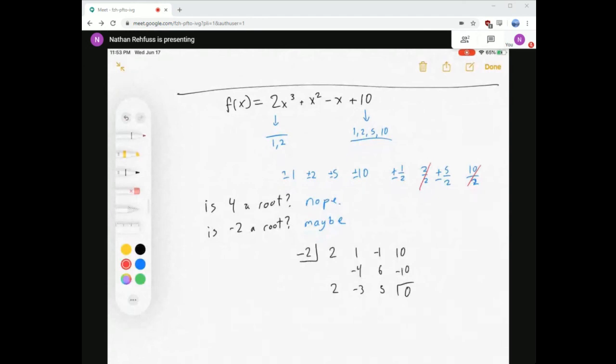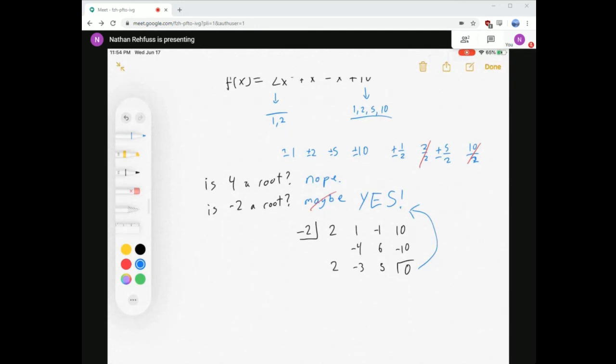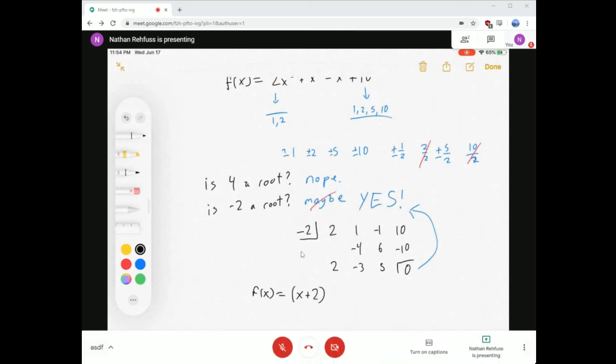So scratch that. The answer is actually yes, because the remainder is 0. That means it goes in evenly. So we've got a root. So I can say f of x is the same as x plus 2. That's the factor for a root of -2. Yeah, x plus 2, because a -2 would make that 0. And multiplied by,